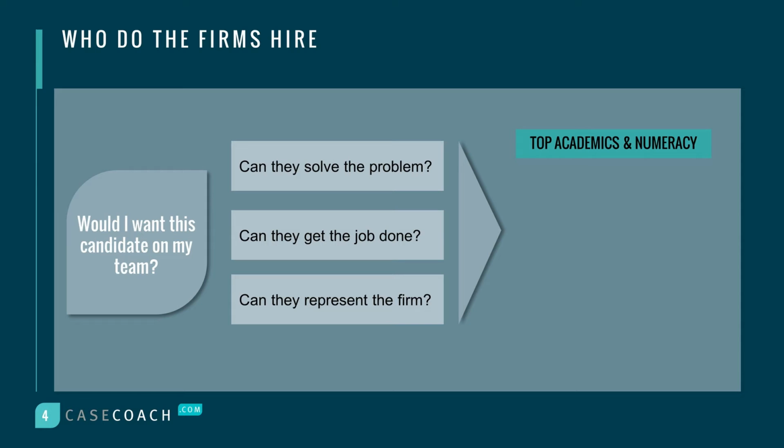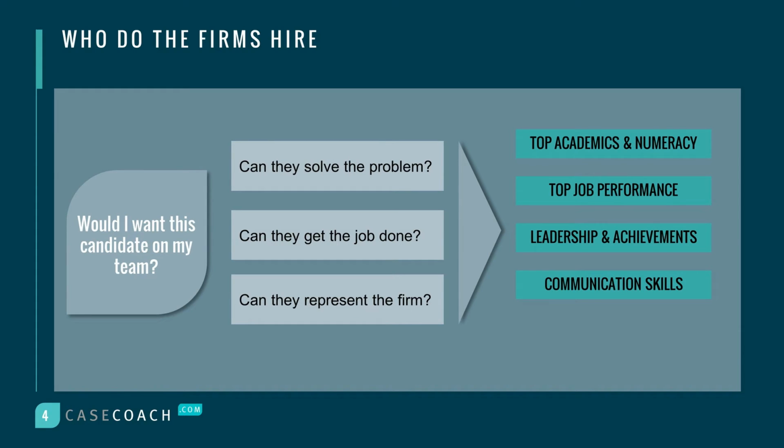You need to show top academics and numeracy, a track record of outstanding job performance, examples of leadership and achievements, evidence of strong communication skills, as well as interesting extracurriculars. In addition, applicants to practice-focused roles need to demonstrate their expertise. It's worth spending the time really reflecting on your experiences and identify what you can bring to the table in